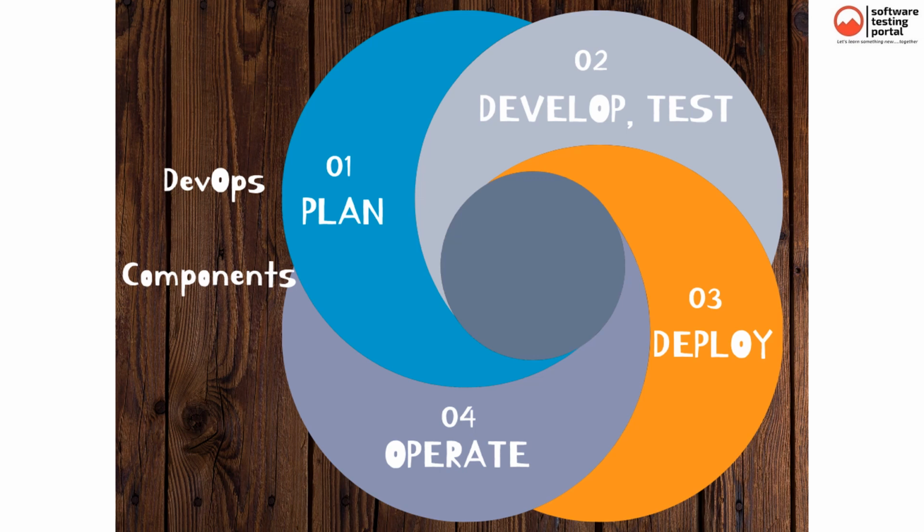Second component, development and testing, involves 2 practices, collaborative development and continuous testing. Let's talk about these 2 practices in brief. Software delivery usually involves large numbers of cross-functional teams, including business owners, business analysts, architects, developers, operations teams, security specialists, suppliers, and partners. Collaborative development enables these practitioners to work together by providing a common set of practices and a common platform to create and deliver software. They work with the help of a capability of collaborative development called continuous integration.